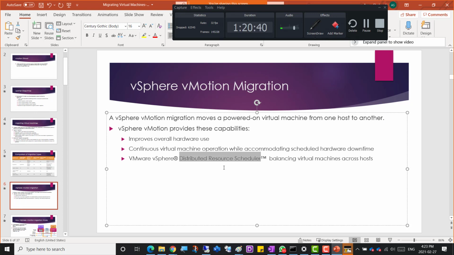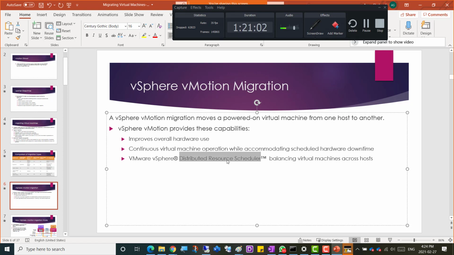It does the analysis of which host is offering more CPU and RAM and which host is offering less CPU and RAM. So whichever is offering more, DRS automatically vMotions the virtual machines to that host which is offering more